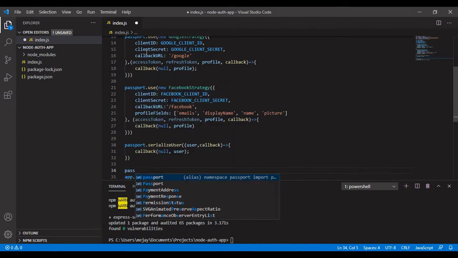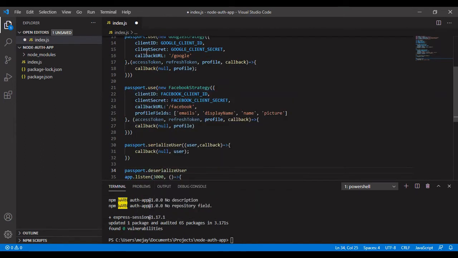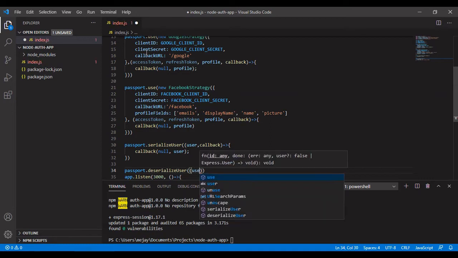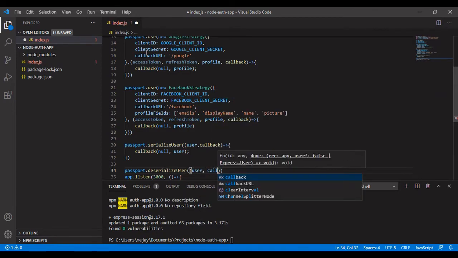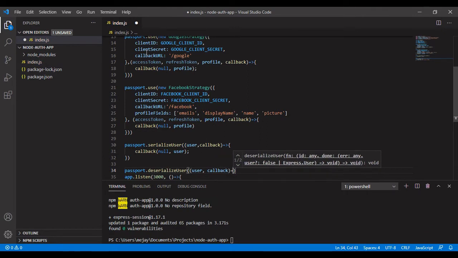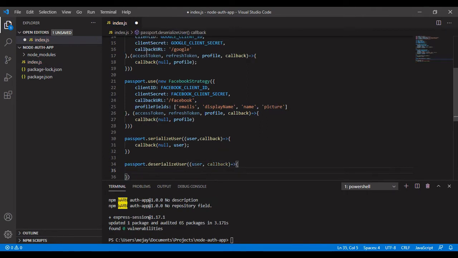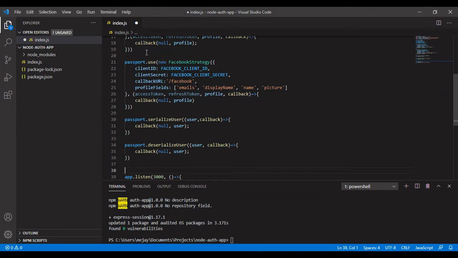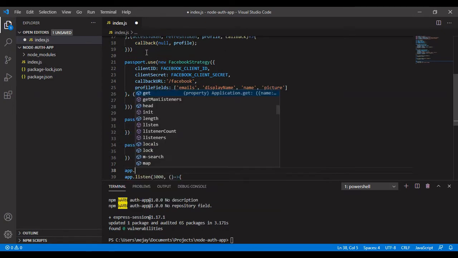We need to pass the callback null and user, which is again a JSON object. In the same way we have to do the deserialization of this user. Again we have the same parameters. By calling that callback function with null and the user object, we can set up this deserialization.